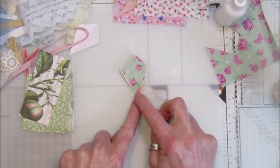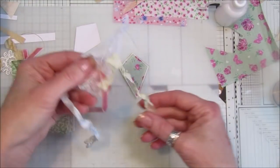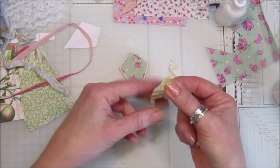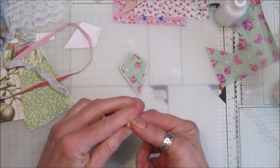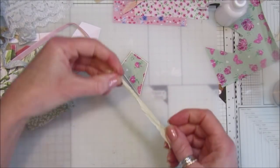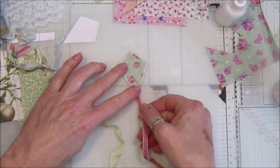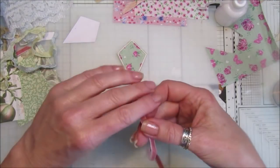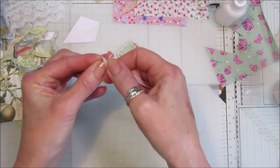And then we can add something to the bottom. You can leave it like that if you want to, but you can add anything to the bottom that you've got. It's a nice little bit of seam binding. I like to screw it up so it's all nice and scrunched up like that. Oh, actually I could have a little bit of this hanging down, couldn't we? And then make a little bow. That would look nice. Let me see if I can make a little bow first,